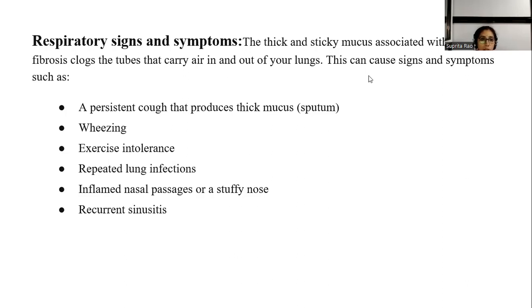Now, cystic fibrosis is wherein all our chloride channels are not working properly. How do they not work properly? The chloride channel is responsible for giving this balance between how much chlorine we have and how much sodium we have in and out of the cell. So inside the cell and outside the cell, both are supposed to be in balance, and that helps